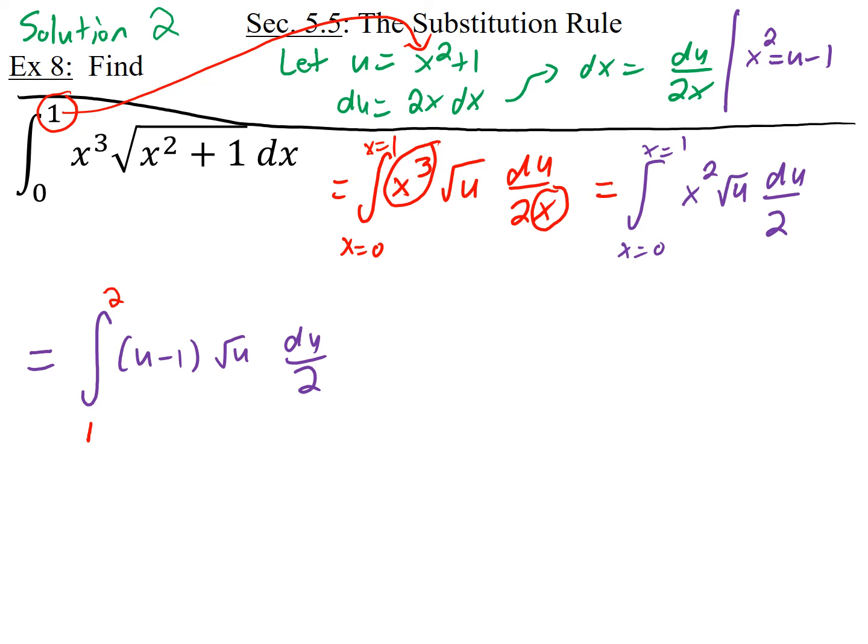Okay, then we can go from here. Just to save a little bit of writing, let me change this square root of u to u to the 1/2. And then we'll go from here. So now this is the integral from 1 to 2. I'm going to write the half in the front. When you distribute the u to the 1/2, you get u to the 3/2 minus u to the 1/2, like we got before, du. And then now you integrate. So you have half